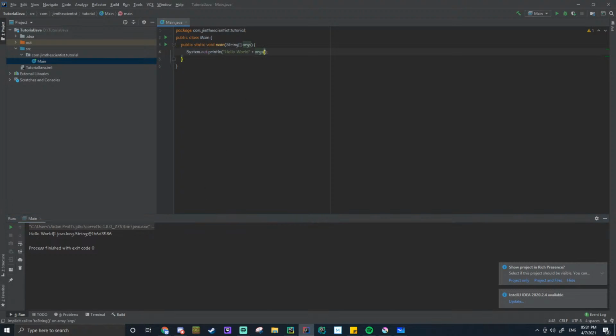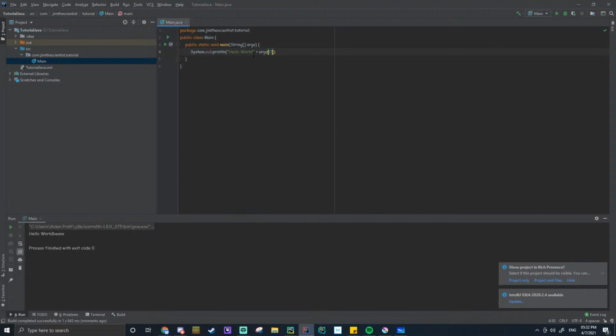So we need to do args, and then this thing here will basically say the first thing in it. If you're doing 0, it's the first argument. Each argument is divided by a space. So if I say beans are good, beans is argument 0, are is argument 1, and good is argument 2. It's a little bit confusing, but